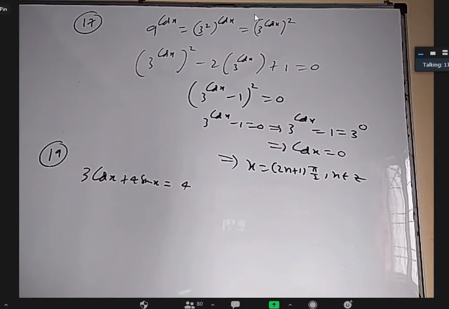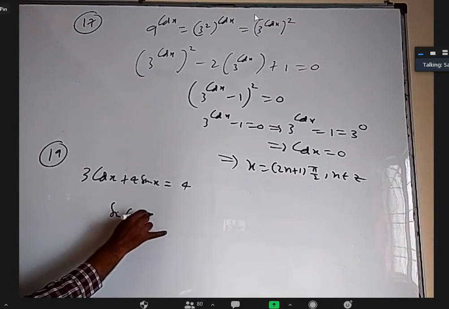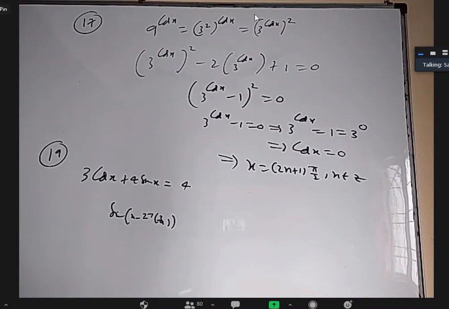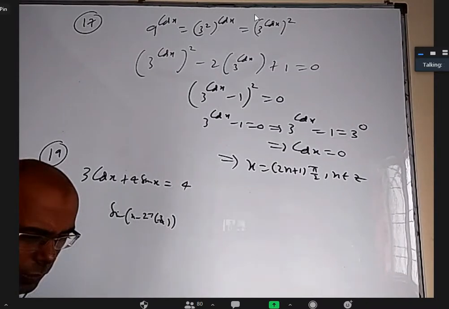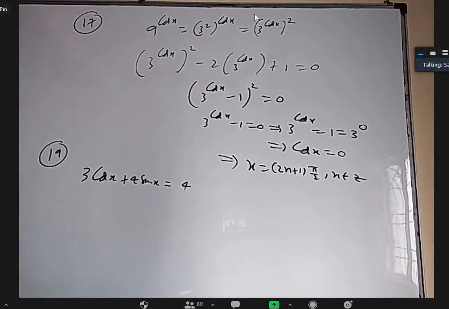By dividing and multiplying with 5. Okay, 5, that's good. But it is not so nice in the sense that I'll be getting some sine of x minus tan inverse 3 by 4 and things like that. Final answer will come, nothing wrong, that's good. Anything else that can be done?